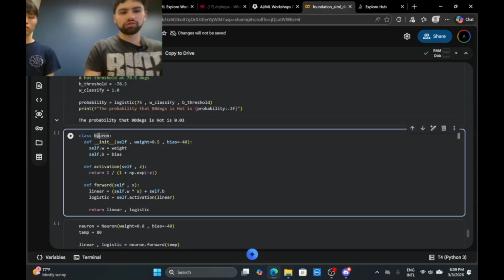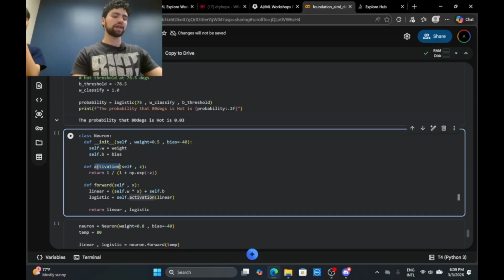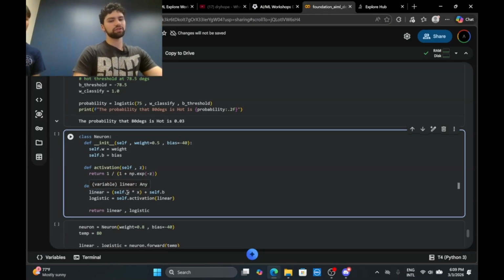For those who don't know Python, you initialize the class. We have the weights and the biases. In this case, it's like the slope and then the y-intercept. We have a function within that class called activation. In this case, it's the sigmoid function. And a forward pass means basically what happens when we go through one pass, just think about going forward. We get the output, we bring it in, and then whatever comes out. How does that work? That is the w times x plus b, the linear, and again we apply the logistic regression on top of it.